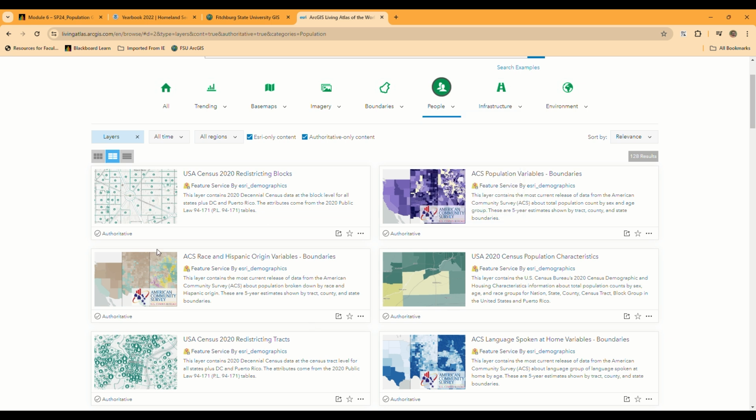You can take a look at these layers in more detail. There's all kinds of information here. If you click this button on the bottom right with the arrow, it allows you to share the data. The star allows you to select it as a favorite in case you want to come back to this at some point. And then the ellipsis allows you to actually go ahead and open up ArcGIS Online from here. So if you do that,